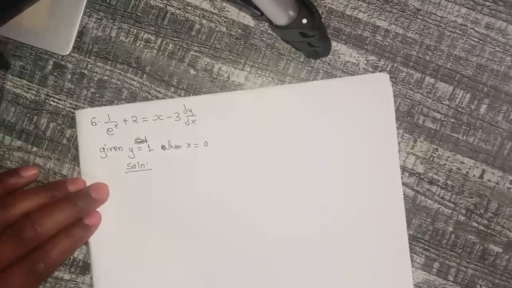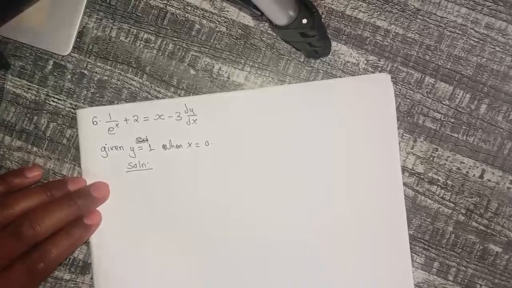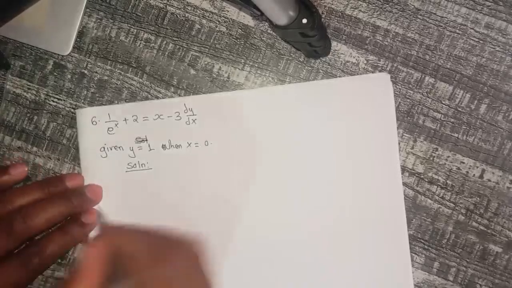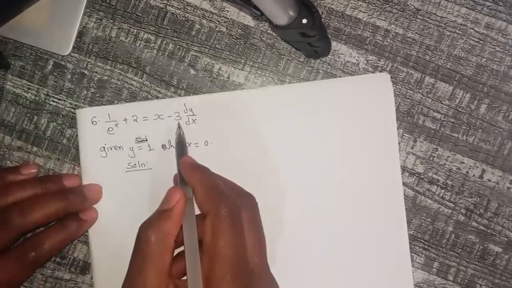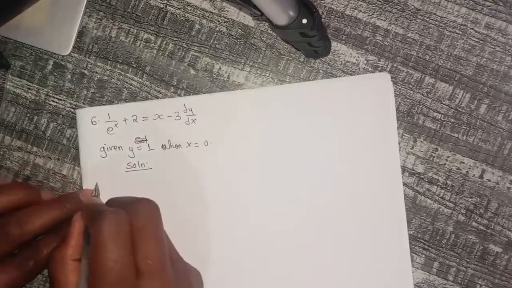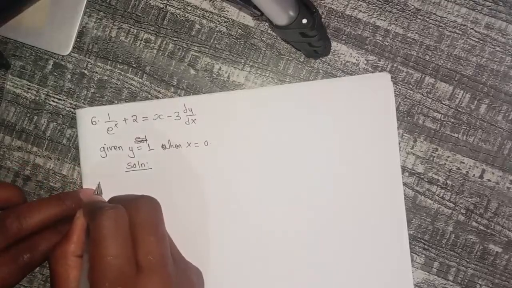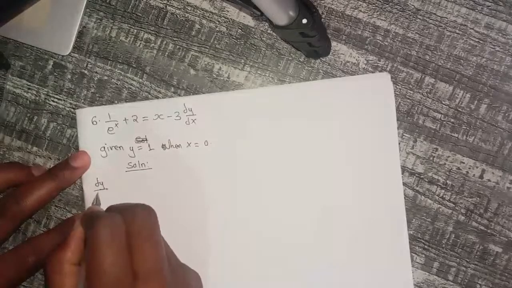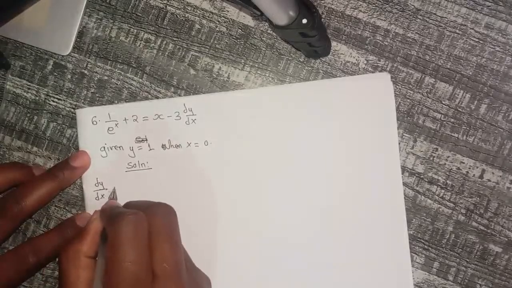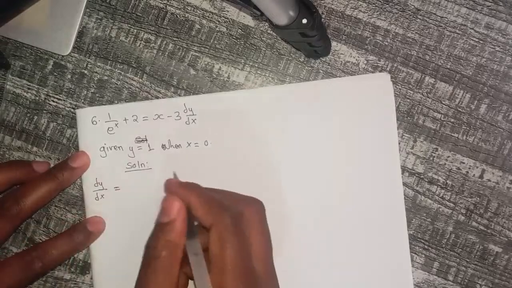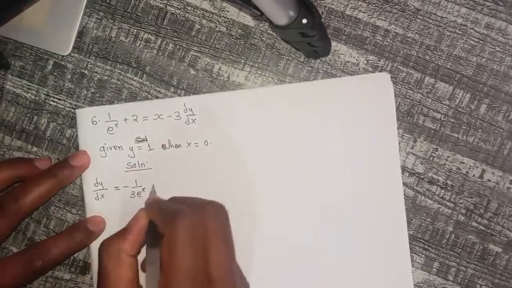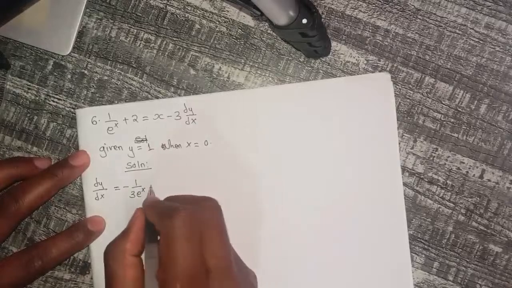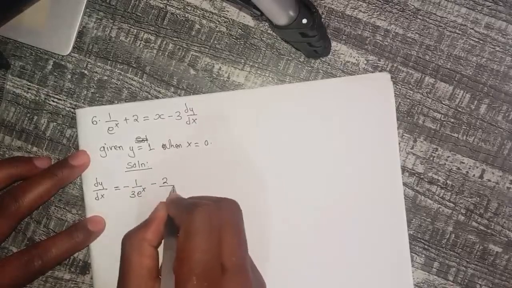We'll divide all through by 3, and that gives dy over dx equivalent to minus 1 over 3 exponential x minus 2 over 3